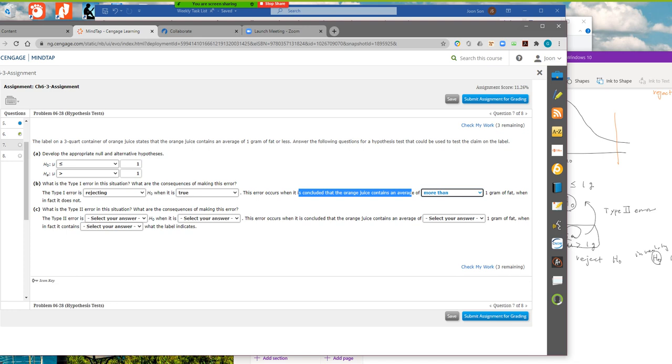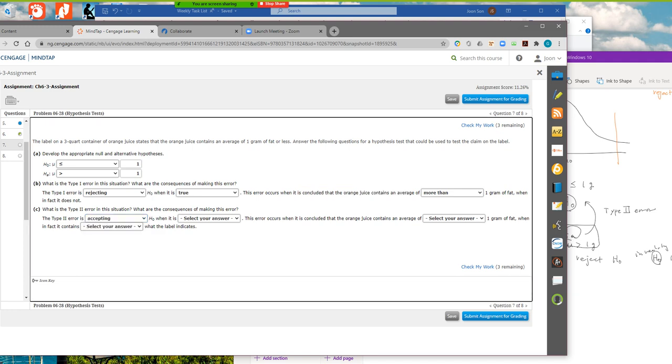And the type 2 error is the opposite. The type 2 error is accepting. By the way, I don't really like this wording, in the sense that there's not really much difference between failing to reject and accepting. But since this is associated with the error,